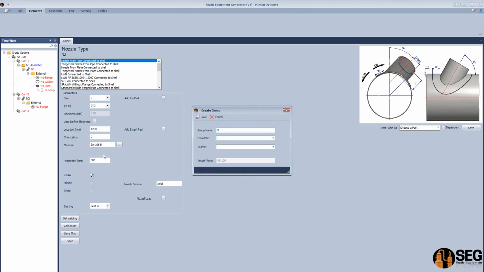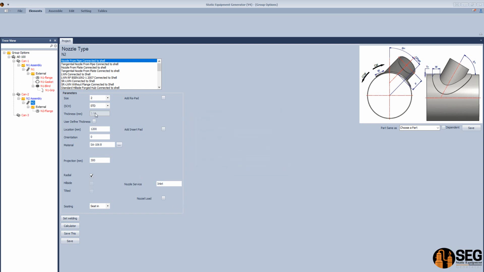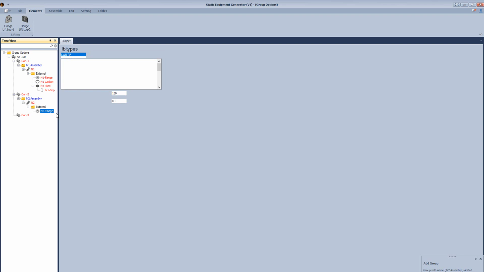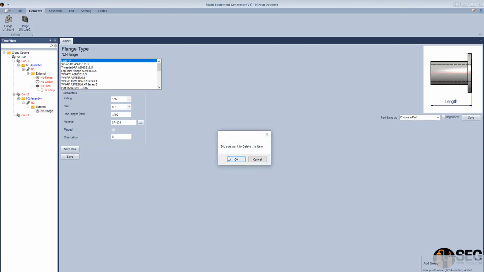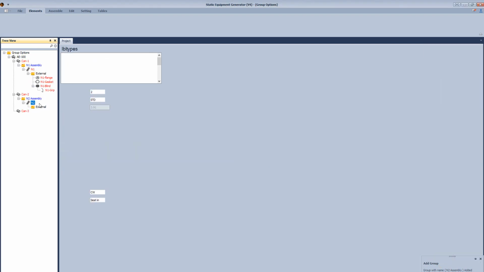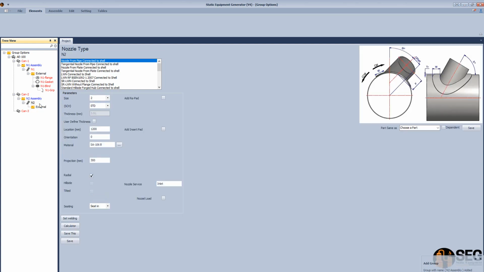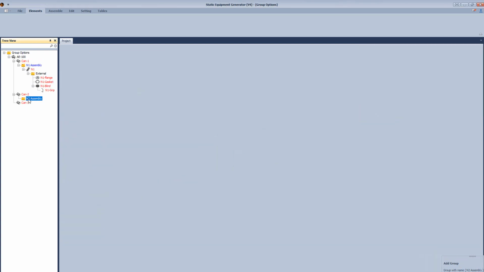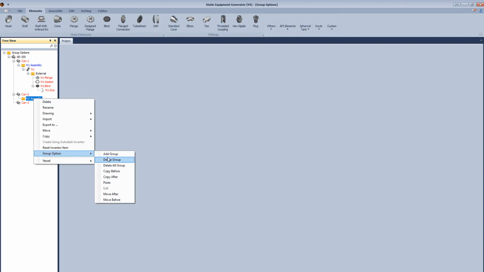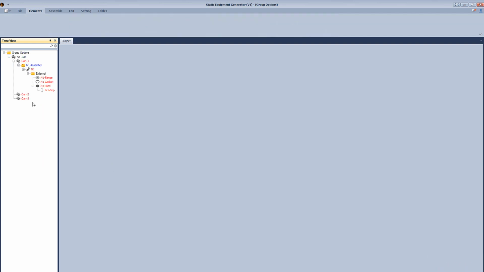Add group into simply. Click Save. Now if we delete this flange separately and delete this nozzle from the tree, now we have an empty group. Okay, so if we try to delete it by using delete all group, okay, now let's check